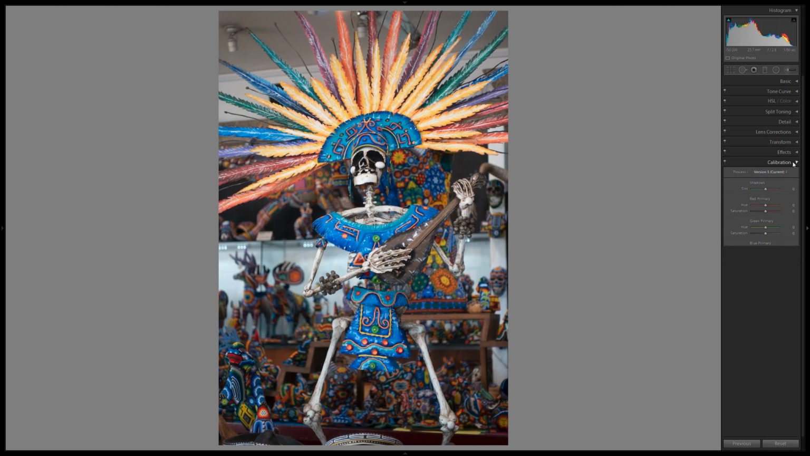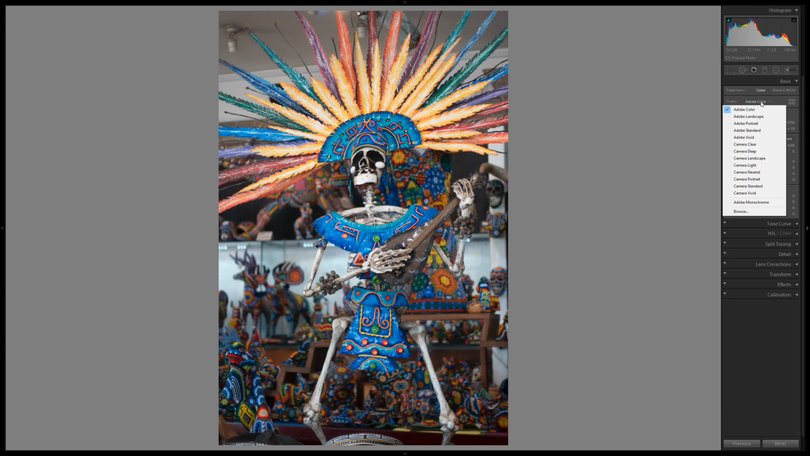Okay, so with that done, I then jump up here to Basic. And Adobe has recently, I don't know, within the last year or something, has added this color profile option here. And the color profile is sort of the base color profile from which you'll be working. And by default, you can pick between all these different profiles that Adobe has created, but also there's information embedded in the photograph